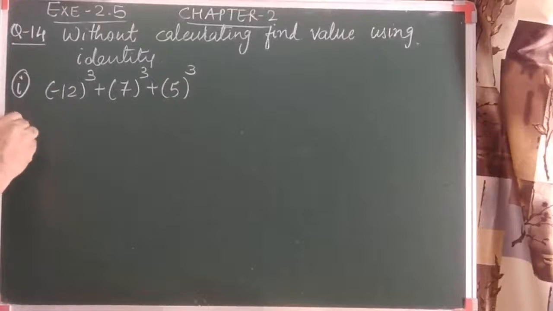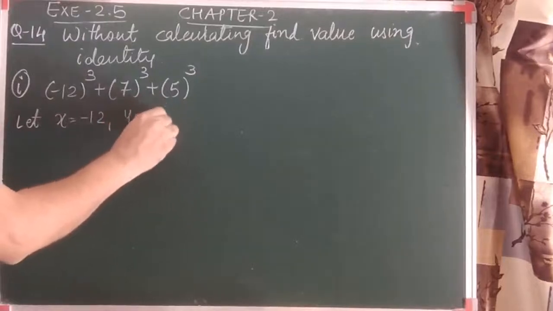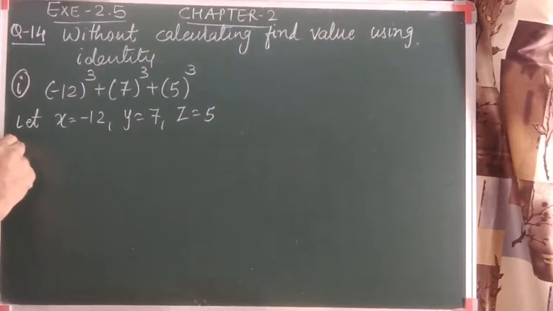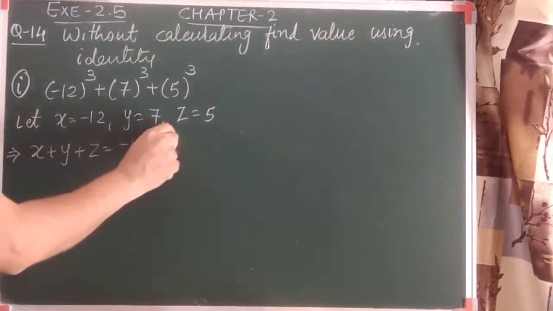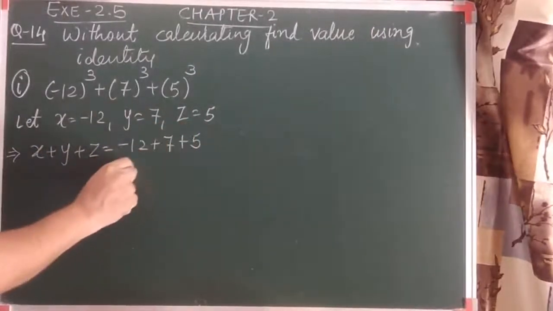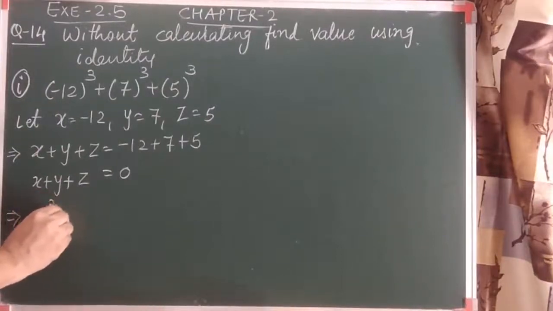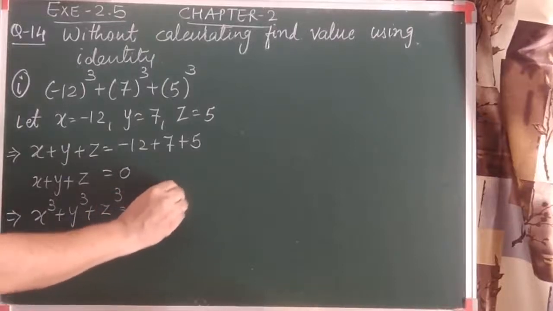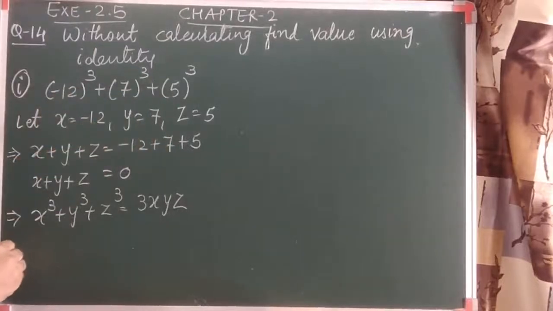So what we'll do here, we will suppose all the numbers as the variables x, y and z. So the first number is x, then y and z. Why have I done this? To use the previous formula which we have done. Let us do the sum of these 3. You observe that the sum is 0. So what we discussed: when x plus y plus z is 0, the formula is x cube plus y cube plus z cube equals 3xyz. Got it? Now we have x cube plus y cube plus z cube already given in this form. So let us use that.